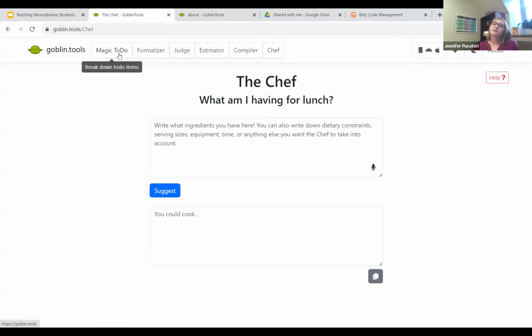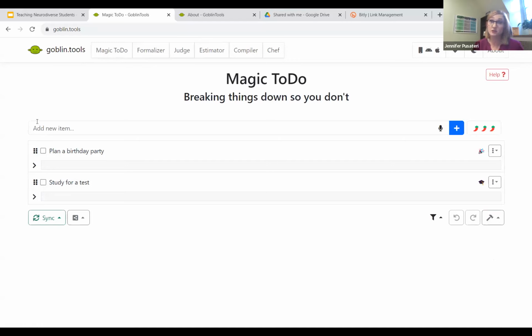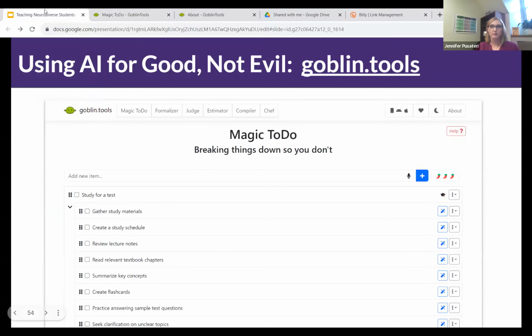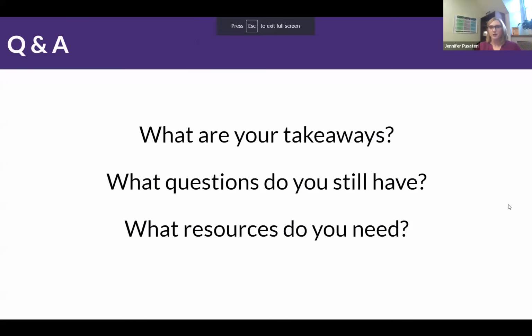So these tools, some of them are not necessarily game changers, but some of them really are. So if you've got students that are really struggling, maybe show them this tool. There's an app that's useful as well. It's the same product, but in an app version. So that is Goblin Tools, and I did want to share that because it's a game changer for some things, for sure.